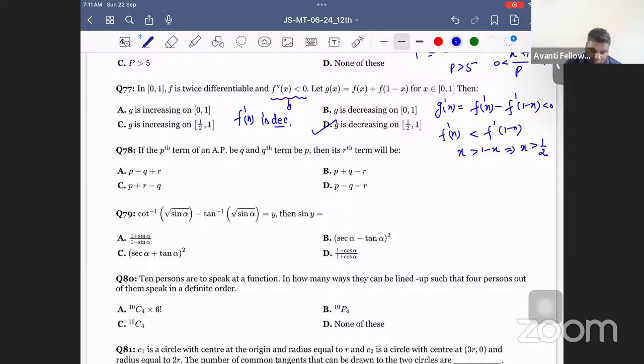Cot inverse of root sine alpha minus tan inverse of root sine alpha. Then they are asking for sine y. This is equal to y. Okay, so let's do one thing. I convert this entire expression as